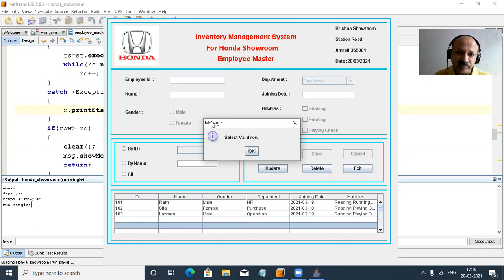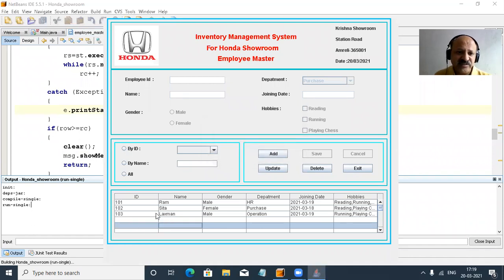So you can give your message, your title, and the symbol, and then the OK or Cancel button flow. So we can say there are four parts of the message box: first the title, then the icon, then the message, and the button flow. Okay, so select valid row. Yes, you cannot select a proper row. So what happened? It does not take any action.